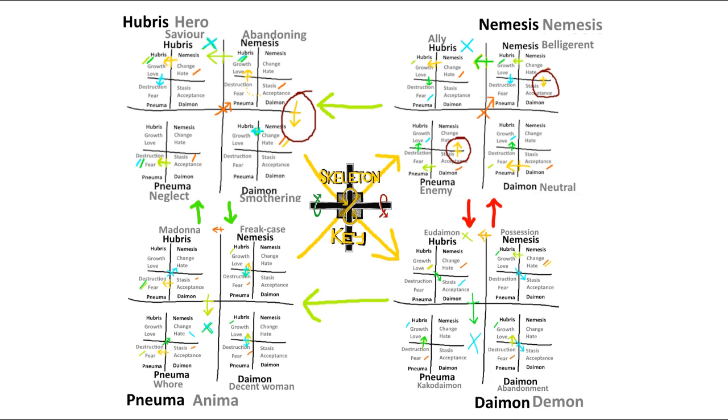There were trends that signified degeneration within the psyche, right? That negative side of the skeleton key. So for example, we have in the hero where it was moving from abandoning into smothering, or in the nemesis, where on a smaller scale, my relationship between the belligerent nemesis and the enemy nemesis was moving between hate and acceptance. There are only three examples, which is relatively good, because if there were more, that would mean that things were worse. But, you know, it was also interesting.